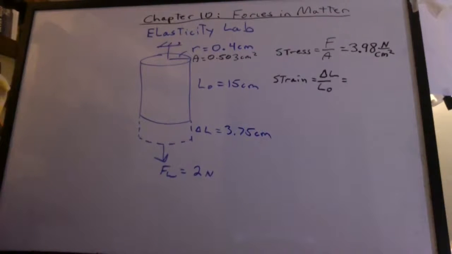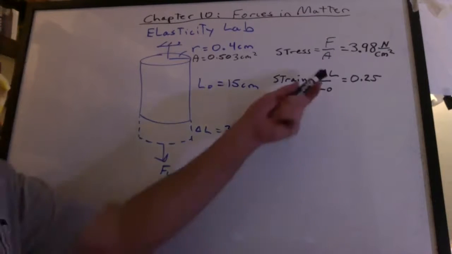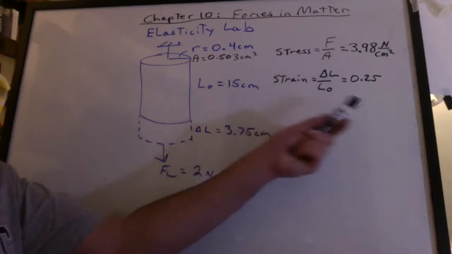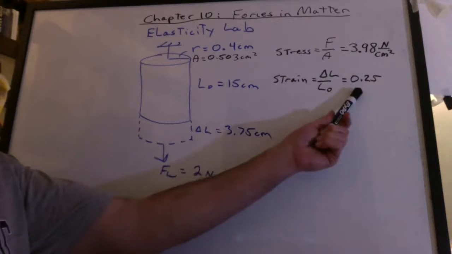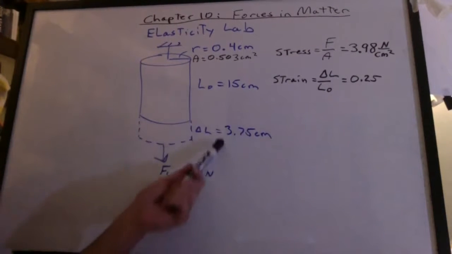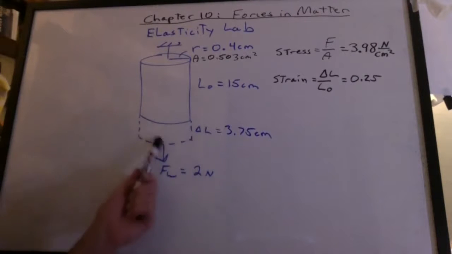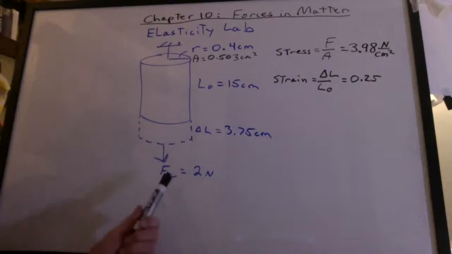We're going to get the strain. Change in length over the original length. And we get 0.25. What are the units? Well, look at that. It's a distance divided by a distance. No units. You can think of this as a percentage if you multiply it by 100. In this lab, this data tells us that the wire stretched 25% of its original length with that amount of